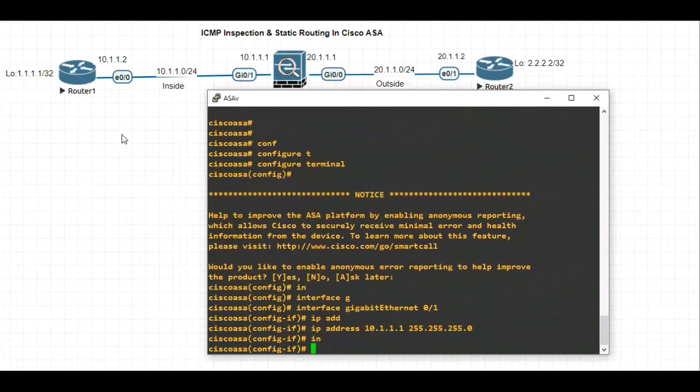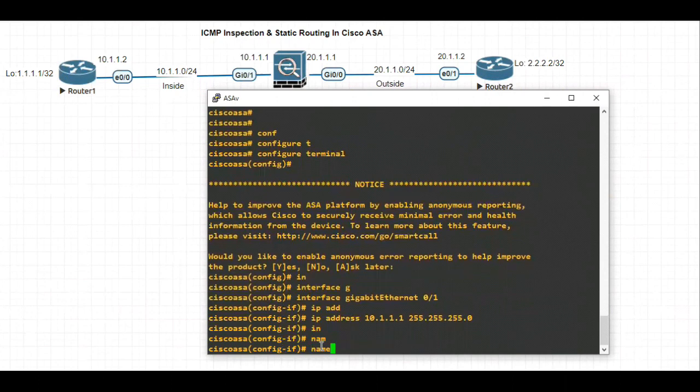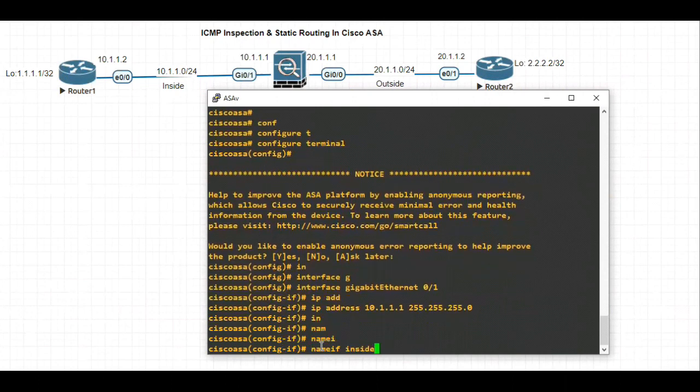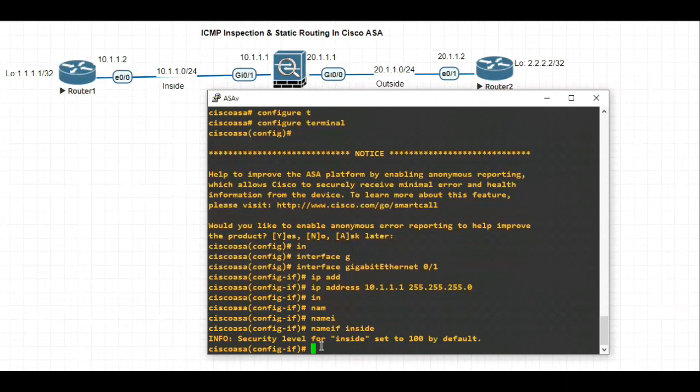And this IP address is the inside zone, so we will give the command nameif inside. By default, the security level will be set to 100. You don't need to manually write the security level because in the Cisco ASA, if you write nameif inside, the security level will be taken by default as 100.